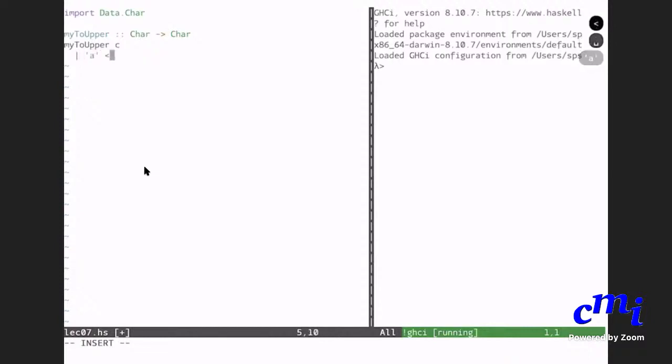As long as capital A is less than or equal to C, my character C, and the character small a is less than or equal to C, and C is less than or equal to small z, then I want to return the character corresponding to ord C, which is my input character, plus offset.